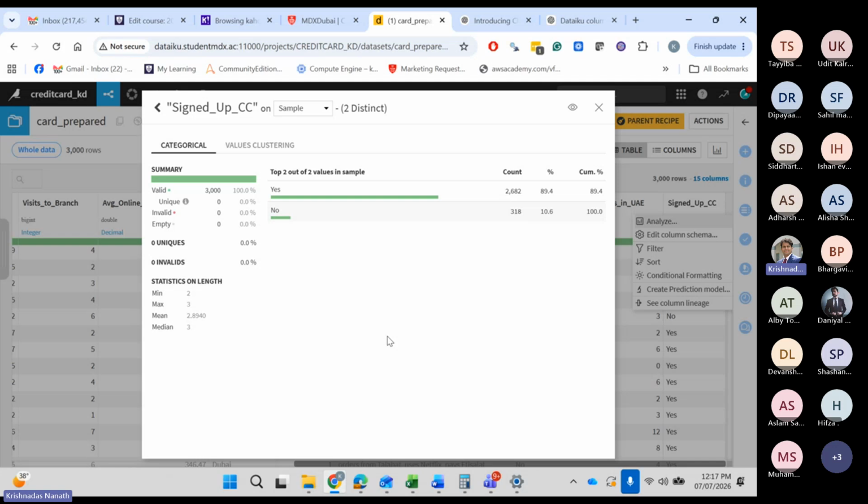But as an analyst, I would love to check. I'm not completely happy with what I see here. I would love to recheck whether the model truly stands on its own or is it because of the biasness of yes and no. With that, we come to the end of the session today. I leave other things on you. Try logistic regression, try random forest, rerun, see if you can notice the differences, try and include, exclude some variables, lot of ifs and buts. But now you know how to run a decision tree. Thank you so much. I'll see you all tomorrow.